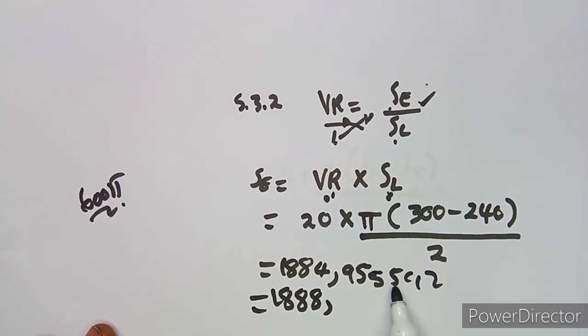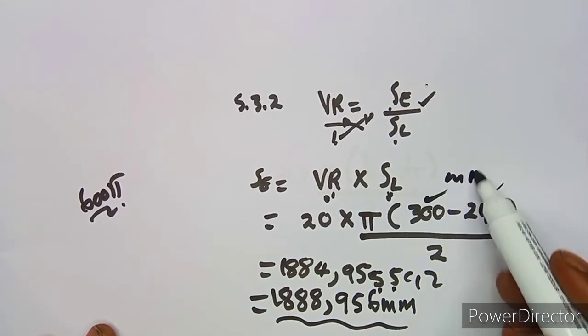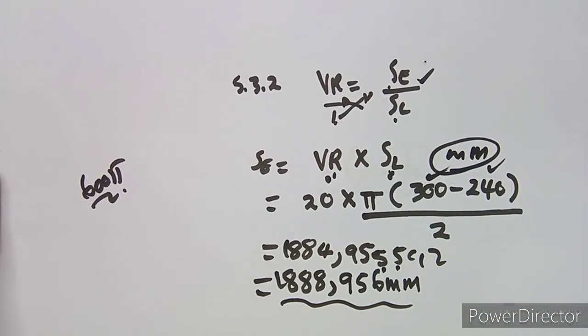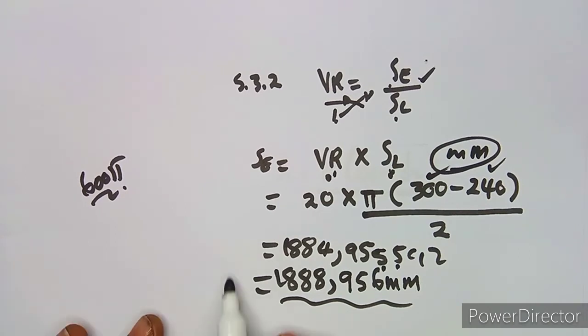This is 5, take note. So this 5 is going to change this into 6. So it's going to be 956, which is in millimeters. Since these ones I just neglected them in millimeters like that, which means I'm going to have my effort distance